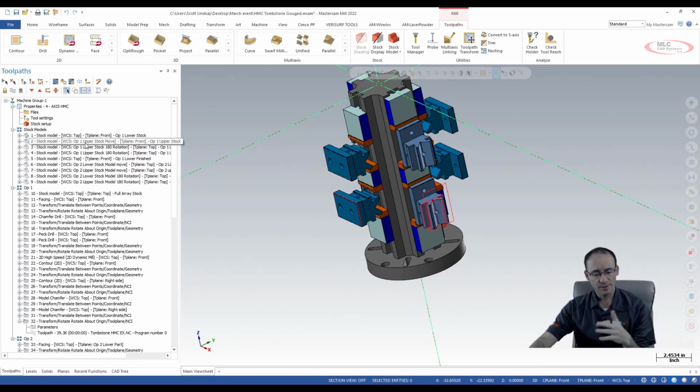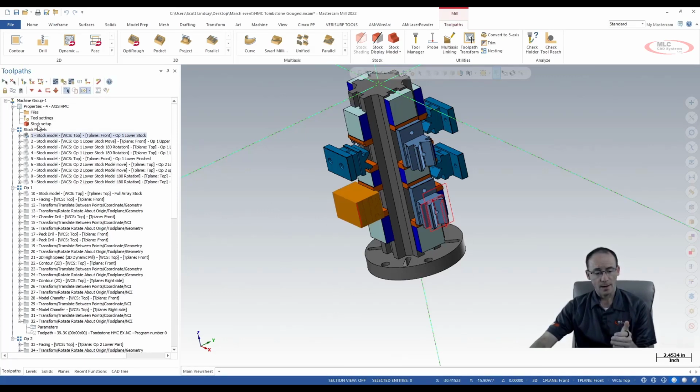Okay, there are some posts that are set up a little differently, but sometimes that gets a little more complicated, so I prefer to program this way. And you can just use the plane that works for your post setup. Okay. So the first thing I need to do is set up my stock for that first